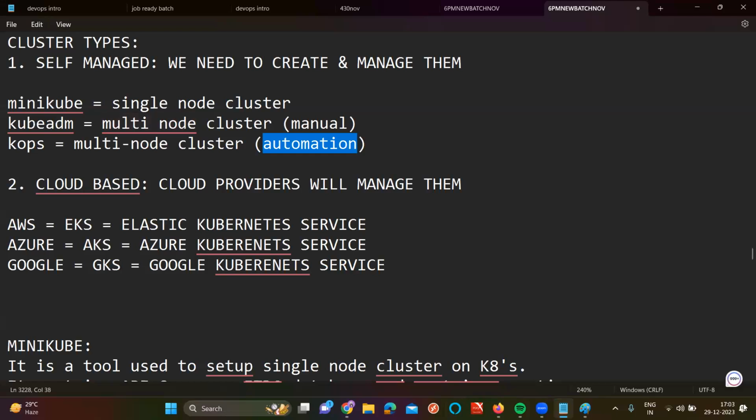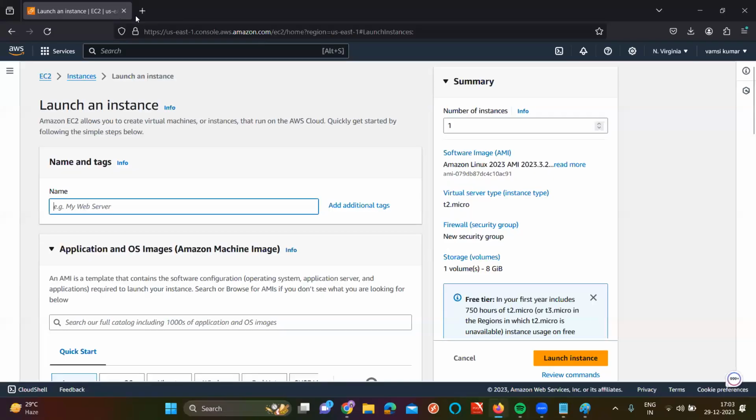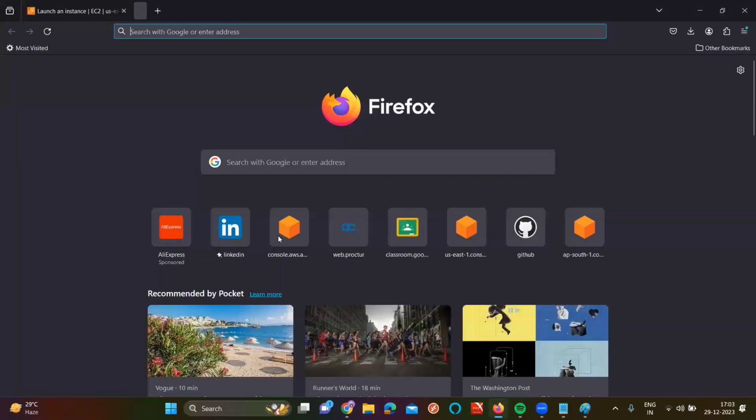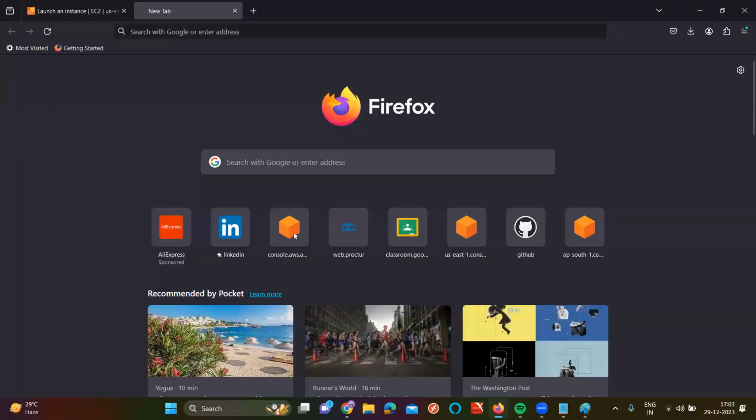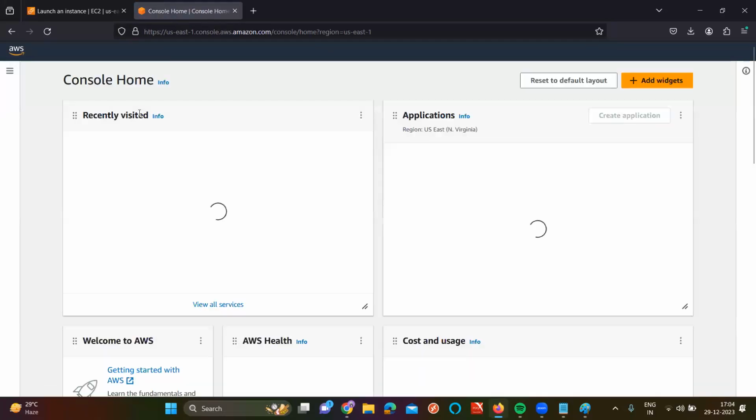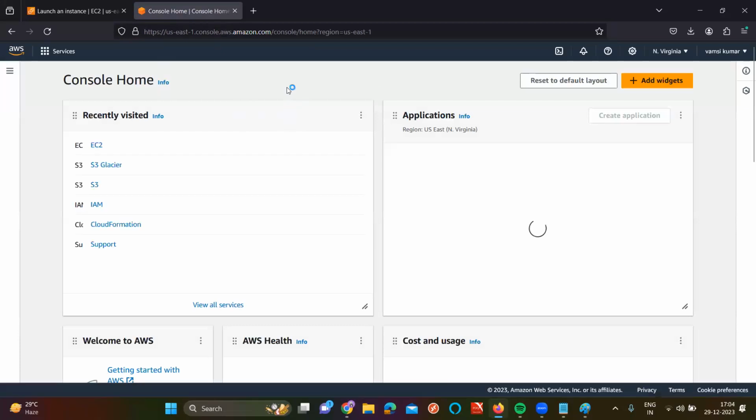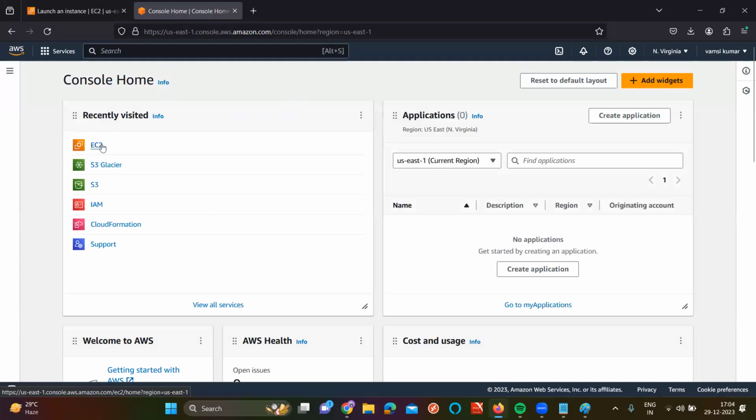If you open your AWS account, I'll show you. You have something called EKS, Elastic Kubernetes Service. Of course, for Docker Swarm also, we have one cloud-based service called ECS, Elastic Container Service. That is the alternative to Docker Swarm. But a lot of the time we don't use cloud-based clusters, or we can use our self-managed.